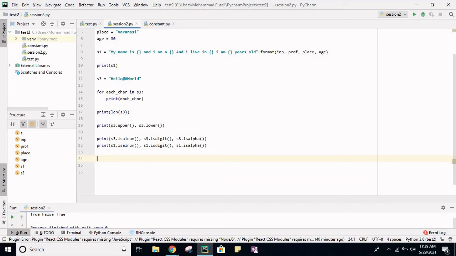Any suggestion on how to remember this? Simple. If there is only digit, it will check only digit. If there is only alpha, it will check only alpha. So for alpha it will give true, for digit it will give true. Just remember this. And for alnum, it will check both: it will give true for alpha, for numeric, and for alnum, all three. You can just remember with the name as well. The name itself defines the function.